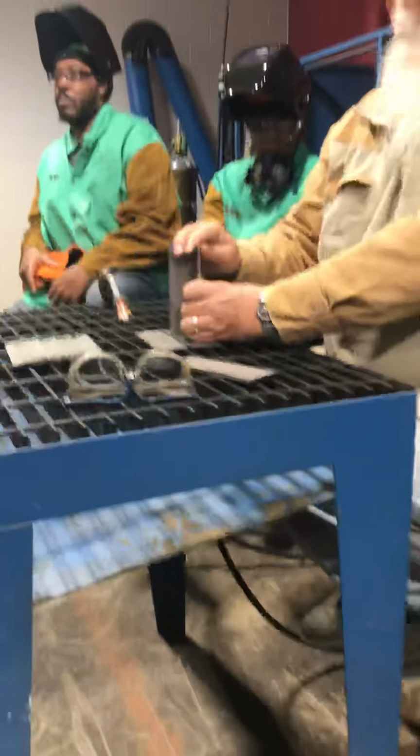And then this way, if you go to outside corners, even if you're building a box, which we were talking about earlier,